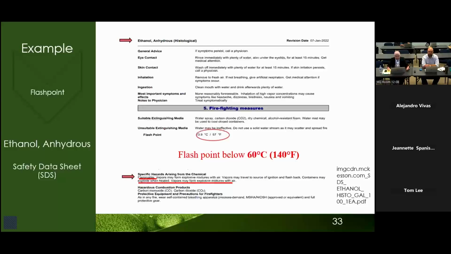So based on this SDS, we can tell that anhydrous ethanol, in this case, is definitely flammable. This means that if it's heated, its vapors can easily form explosive mixtures in the air, especially around sources like sparks or open flames. All right. So this concludes our understanding of some key concepts, including aqueous solutions, alcohol exclusion, and flash point. Next, we will take a look at how flash points are measured using standardized test methods and specific instruments.